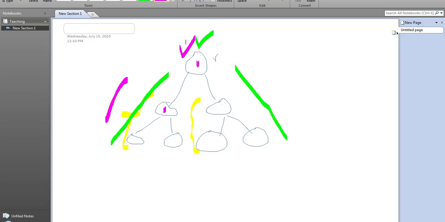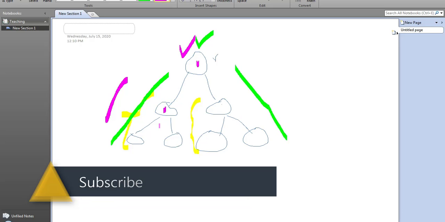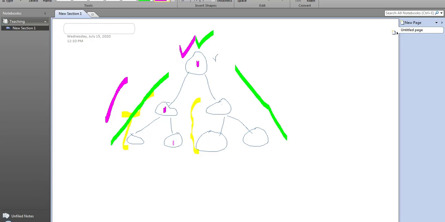Consider this as the root node, this as the left node, and this as the right node. The order of execution would be root node, left node, again left node, and there is no further child for this specific node, then it should go to the right node. Root, left, right. So this is pre-order.